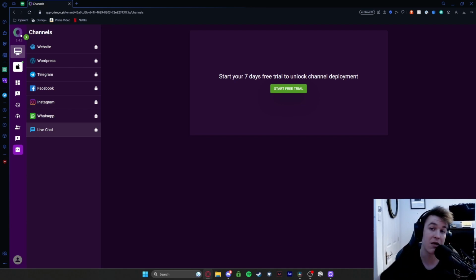And this is exactly the same premise here. You can obviously link them with Instagram, WhatsApp, and things like that, which is absolutely brilliant. If people don't want to navigate to your website or use the inbuilt live chat functionality on this, then all they would need to do is go to any one of those social media pages listed on the left there, go to the DM page, and be able to have a communication as if they were speaking to